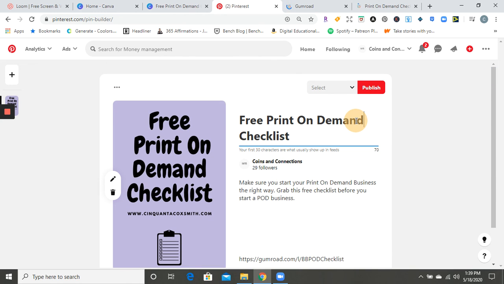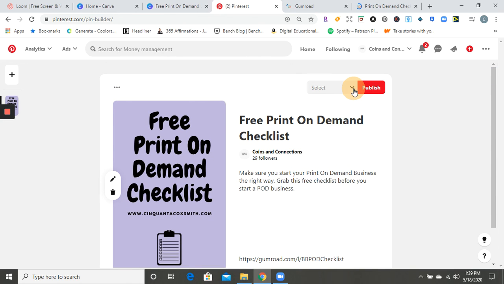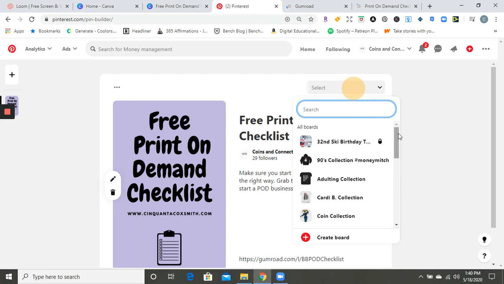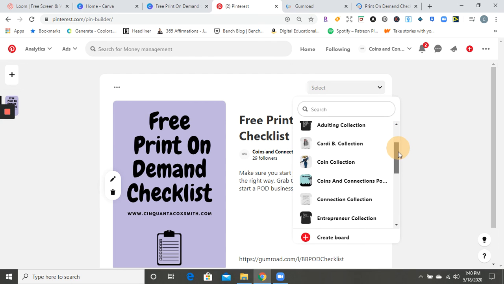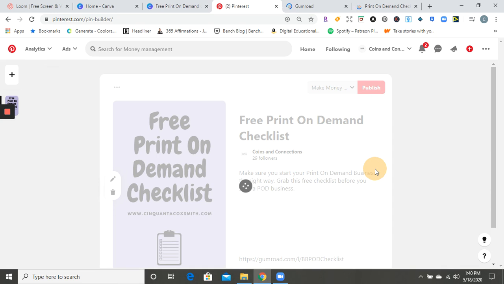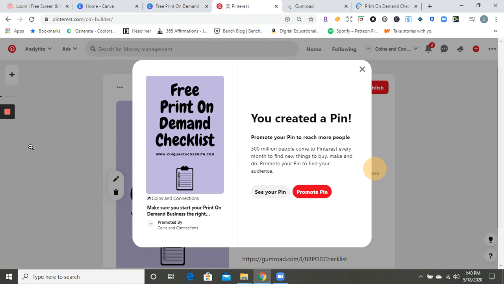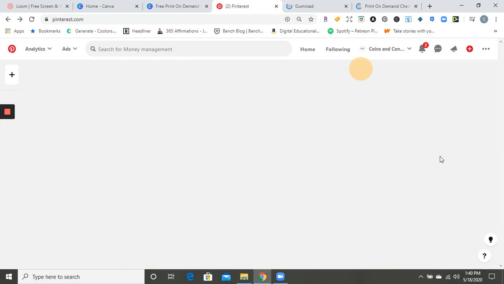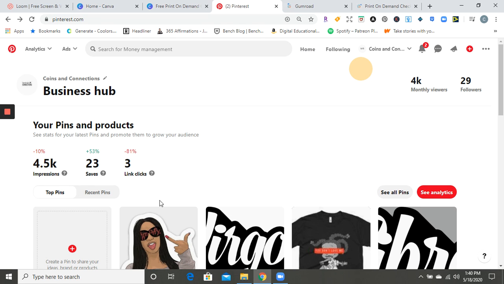Check. I'm going to put the link in that. So here's basically this free printable checklist, my information, and then they enter their email to get the checklist. So this is a way for you to actually